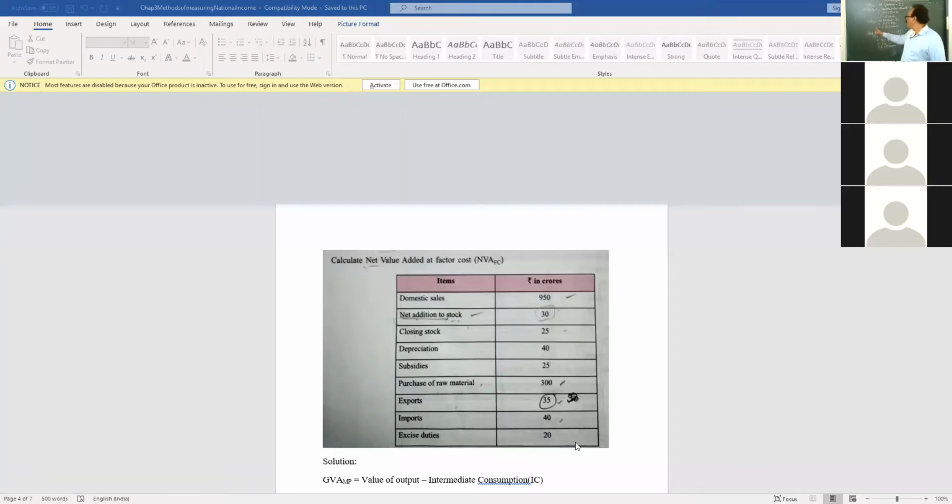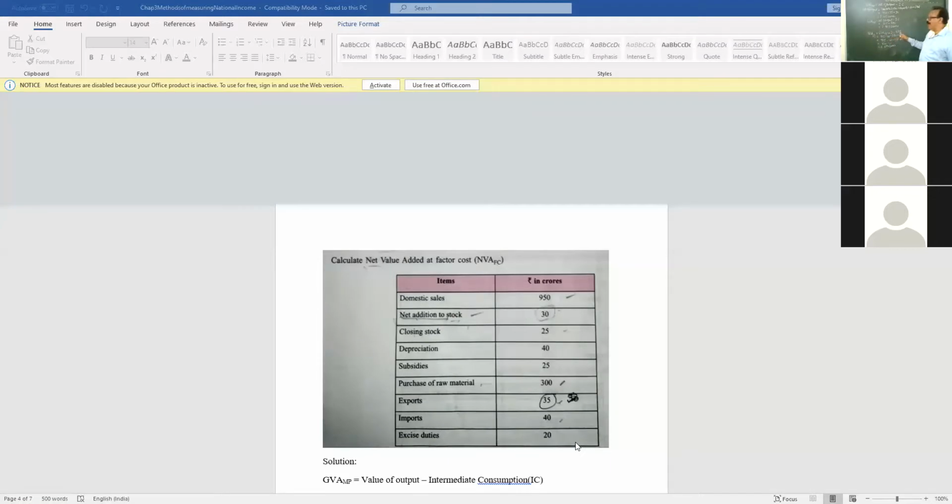Now, what do we have? Gross value added at market price. So how do we derive the rest of the formula? Look at this. From gross, we have to go to net, so minus the depreciation. These two are the same. This is market price going to factor cost; market price to factor cost, you will minus NIT. So simple as that. Once you have the formula, substitute the values: 715 is the gross value added, minus 40 is the depreciation.